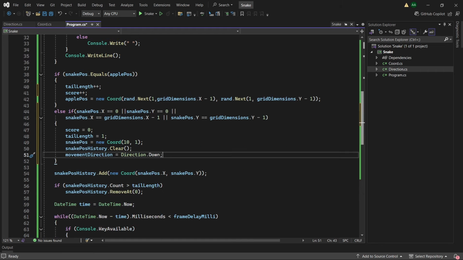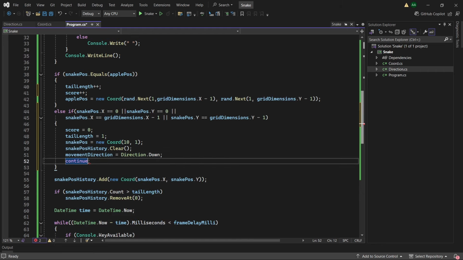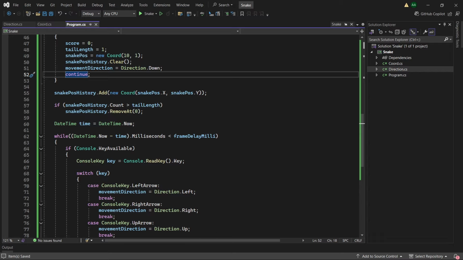Then finally we'll have to add a continue statement on the end of this. So this continue here will skip straight to the next frame